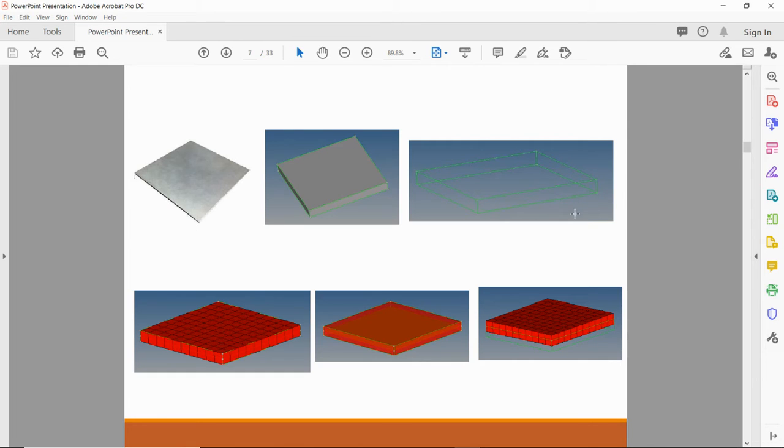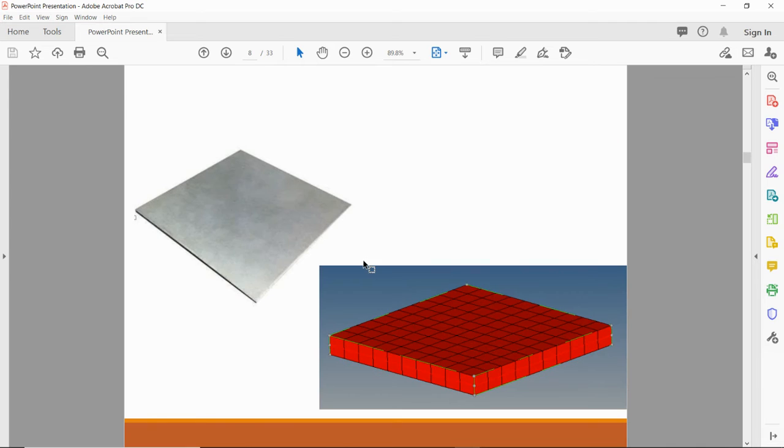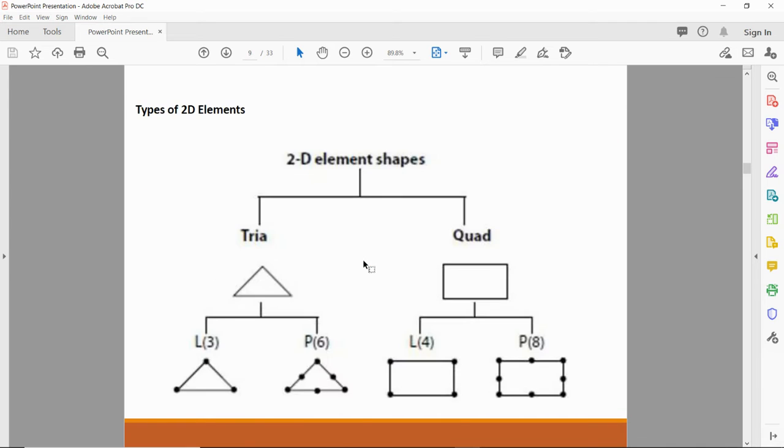If you assign the thickness to the top surface, it will generate the thickness at the top side, half at the top side and half at the bottom side. So this will not occupy the accurate geometry. That's why we have to generate the mid surface at the middle and assign the thickness to that mid surface, so it can get the correct geometry. So this is the example.